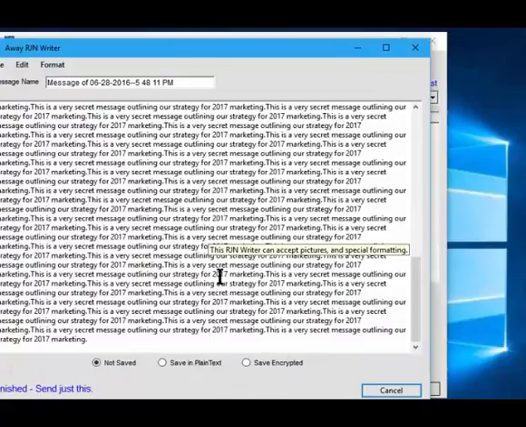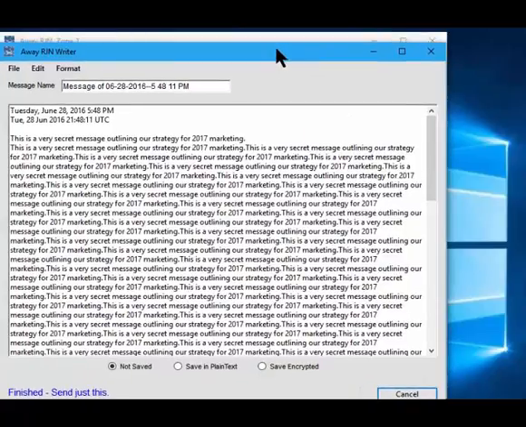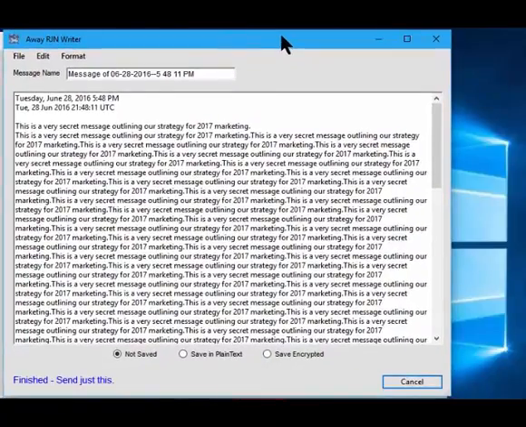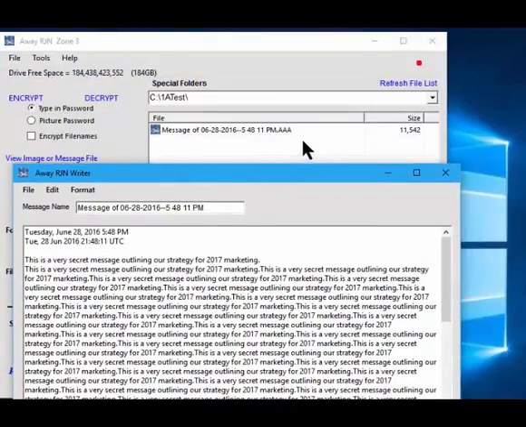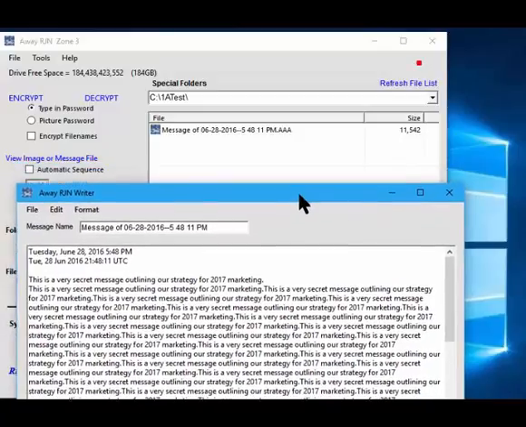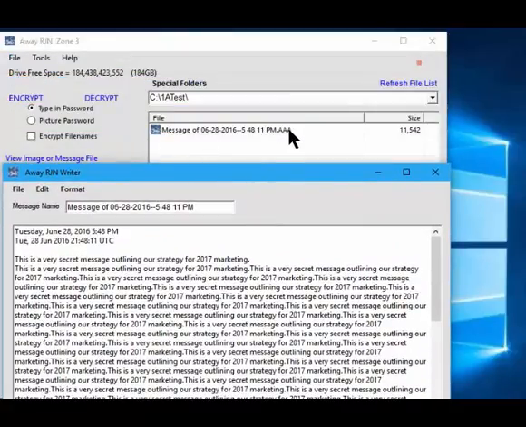And there it is. Now, this is very interesting because here is the entire message that we encrypted a few seconds ago. But the message that is encrypted on our computer is still there. It's still encrypted. So what this did was it decrypted the message, put it into memory, and that's what we're looking at. We're looking at a message that is in memory, and the real message is still on the computer